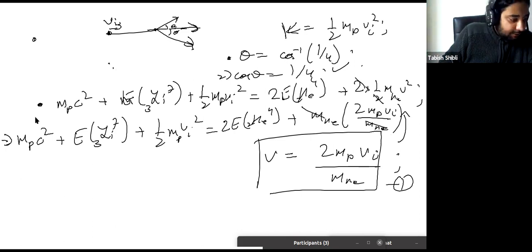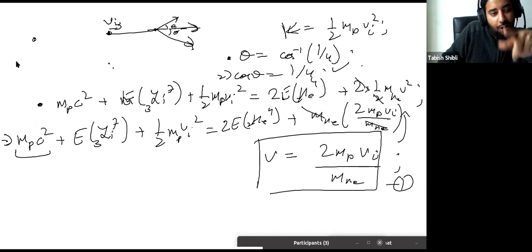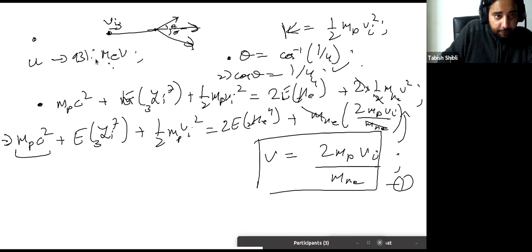So please do that. All the values are given to you. This is the energy. So take the mass of the proton, it's there in your notes, multiply it by c square. Don't really need to do that, you've already done that, and you already know how to convert mass of proton directly into mega electron volts. How do you do that? U to mega electron volts is just a multiplication by 931.5, right?